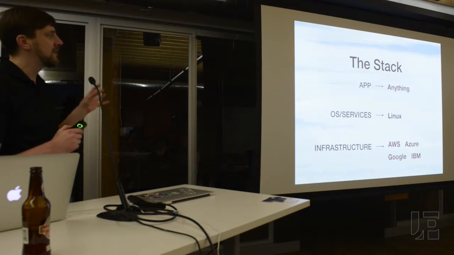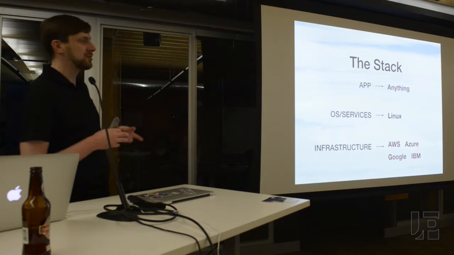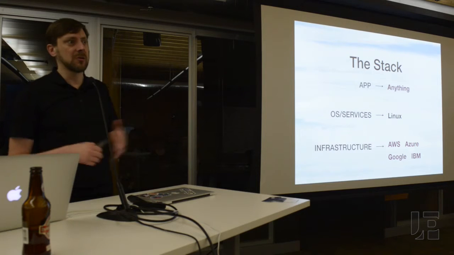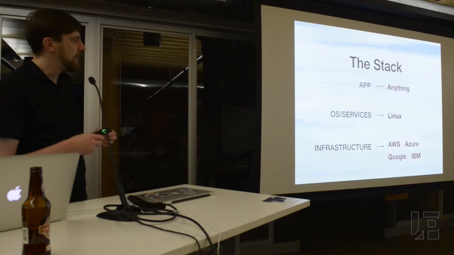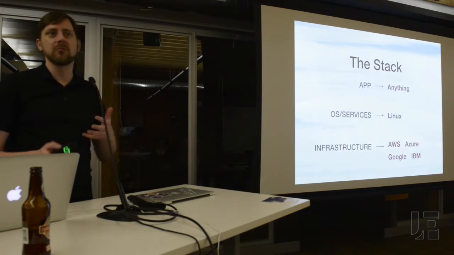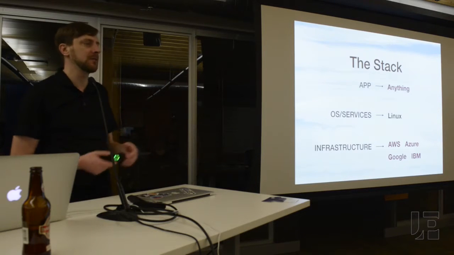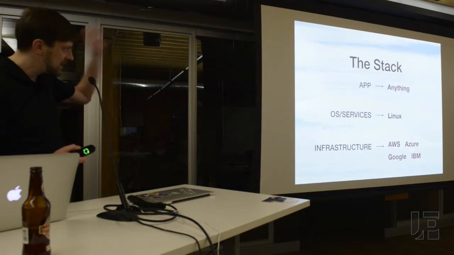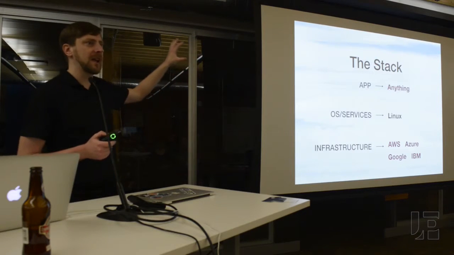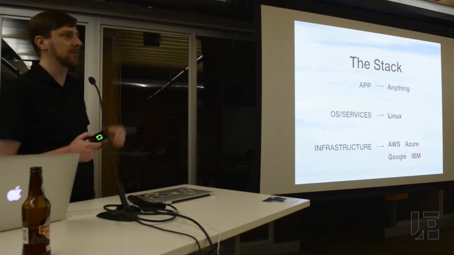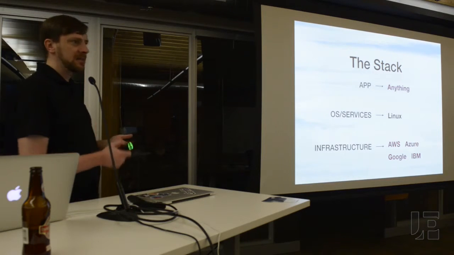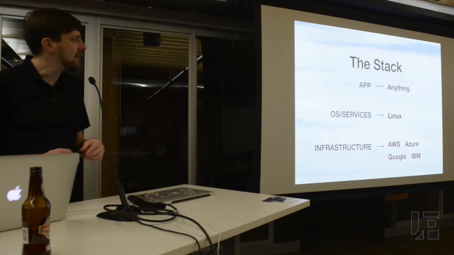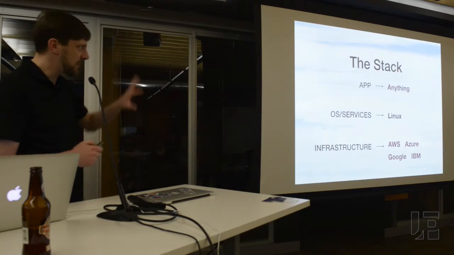Then the second level is the operating system and services level. Linux is the one we use for virtually everything. We're also talking about things running on Linux, so Nginx or Apache or Postgres, MySQL, whatever it is. Finally, the top layer is where our customers are. This is the app that you are writing and how you deploy that app. So the code, PHP, Python, Ruby, JS, whatever, and how you deploy that. So that's just a little bit of a map.